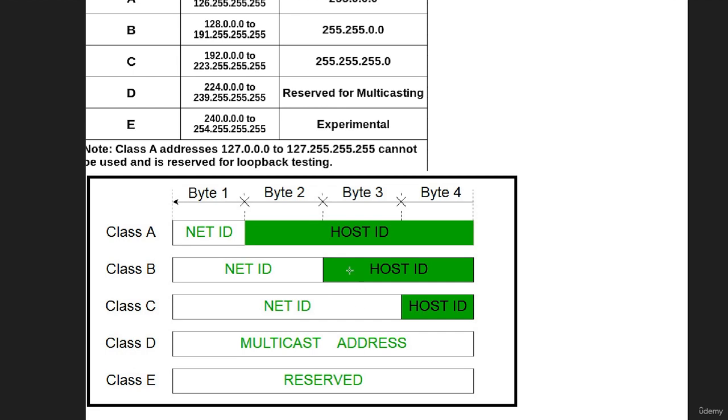Class C can have 254 IP addresses, hosts, sorry. Well, technically 254 usable IP addresses. If you go on the internet, they'll say 256 altogether, but 254 usable IP addresses. So this is important to keep a note of, that for every network you need to take away 2, because